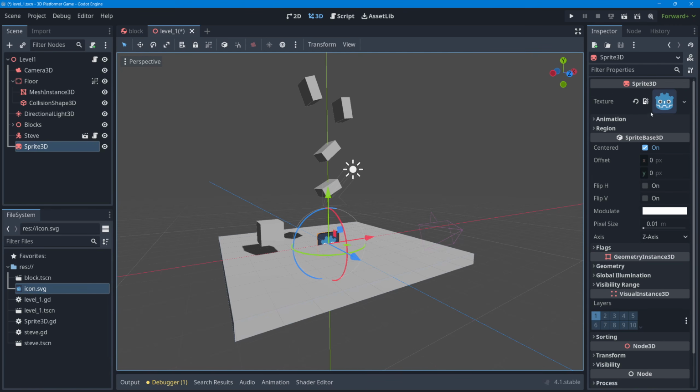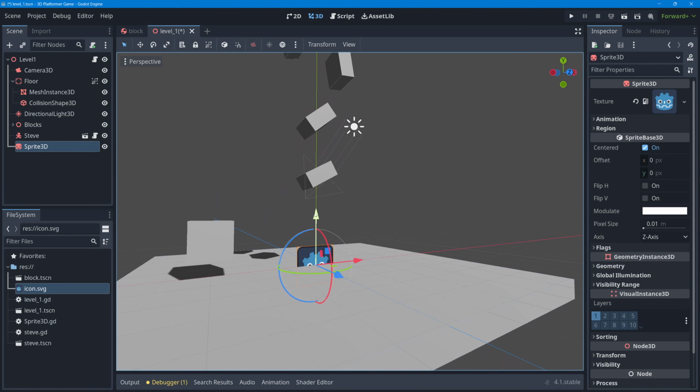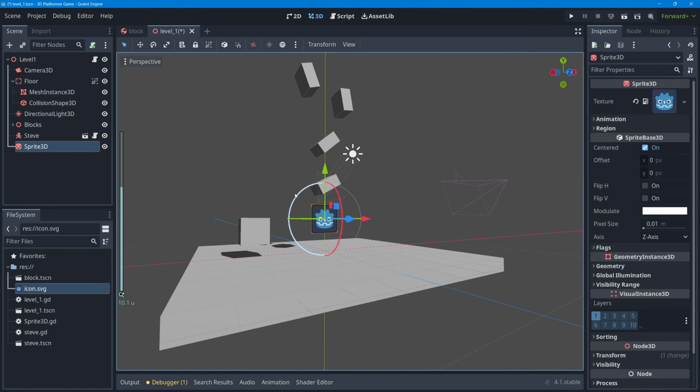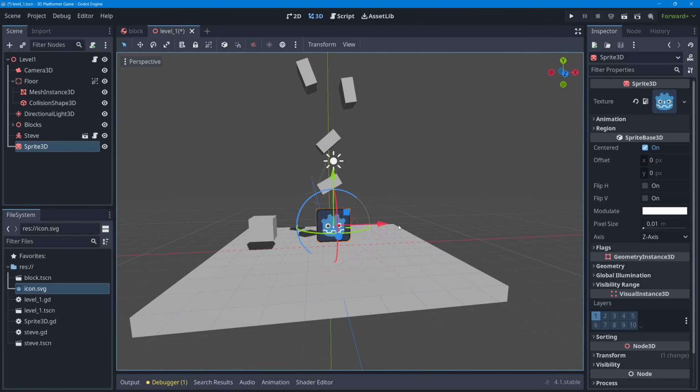You can see now it shows up right there as a resource that we've plugged into the texture property, but it's also now in our game level right there. And I can go ahead and move it up, and I'm going to move it forward on the Z axis so it's a little bit closer to my camera. If I go ahead and save this scene,